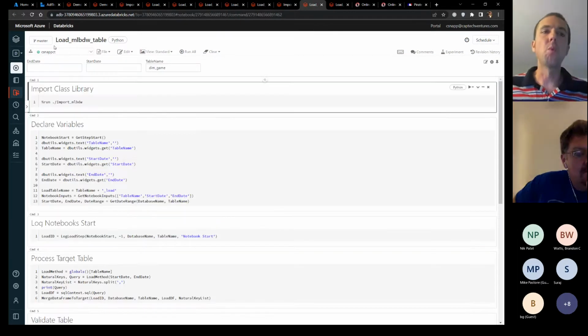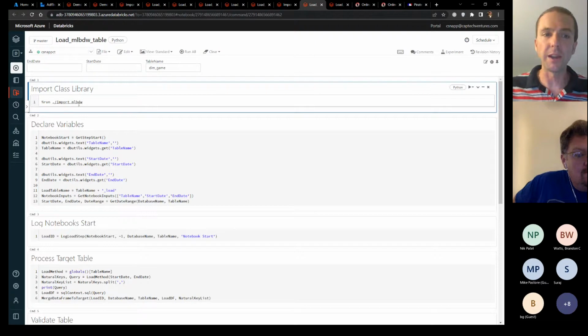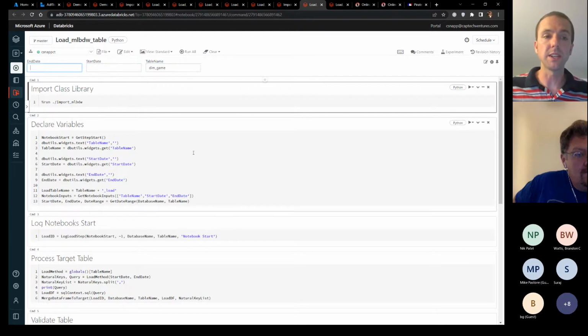So you can have one notebook that loads all your MLBDW tables. It loads this new library. It has a parameter for which table would you like to run, and still my start date and end date.